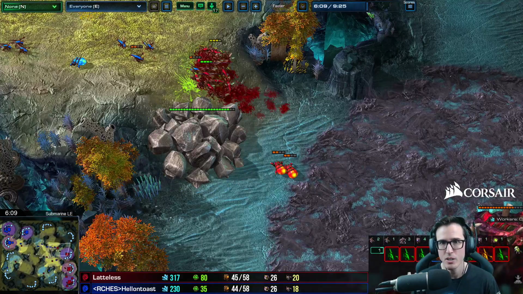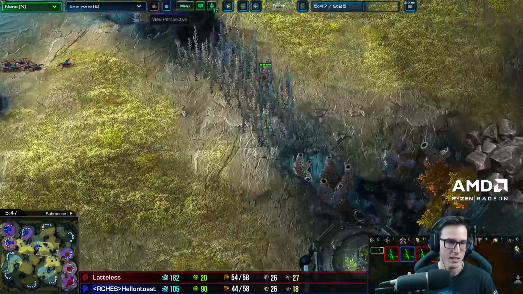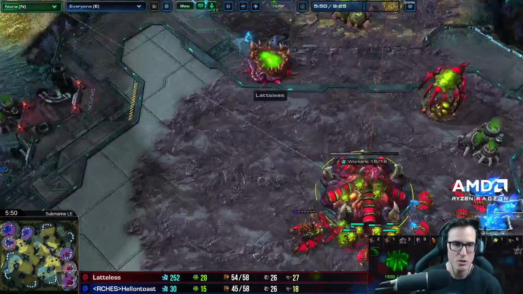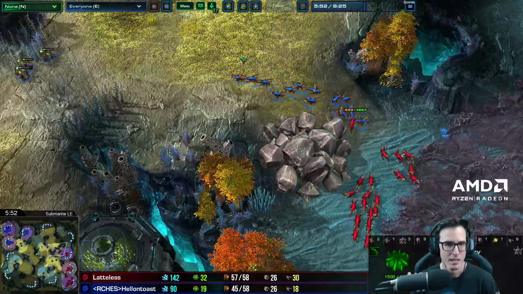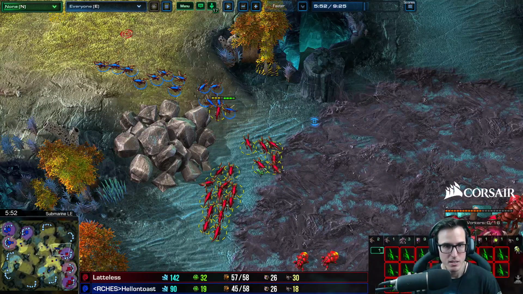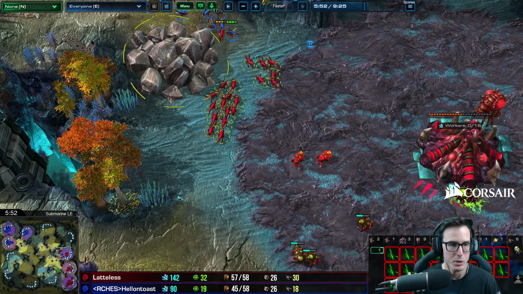Now, here's a little situation where it kind of pushed back to your side of the map. And I think what you needed to be really quick at doing here is saying, hey, I don't have queens. I got two queens. I got nothing but Ling-Bane. The best defense is a good offense, all right? So Zerglings are just bad for defense. Your instincts here should always be grab 90% of these Zerglings and send them around,